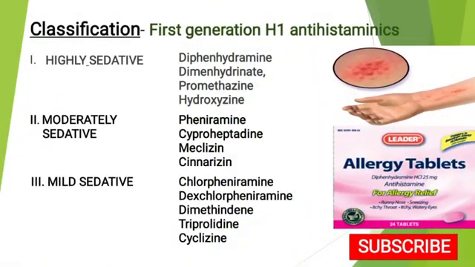Now the first generation drugs are classified in three categories. First is highly sedative. Now what is sedative? Sedative induces sedation, decreases concentration, decreases motor activity. That means sedative drugs. Now examples of the highly sedative drugs are